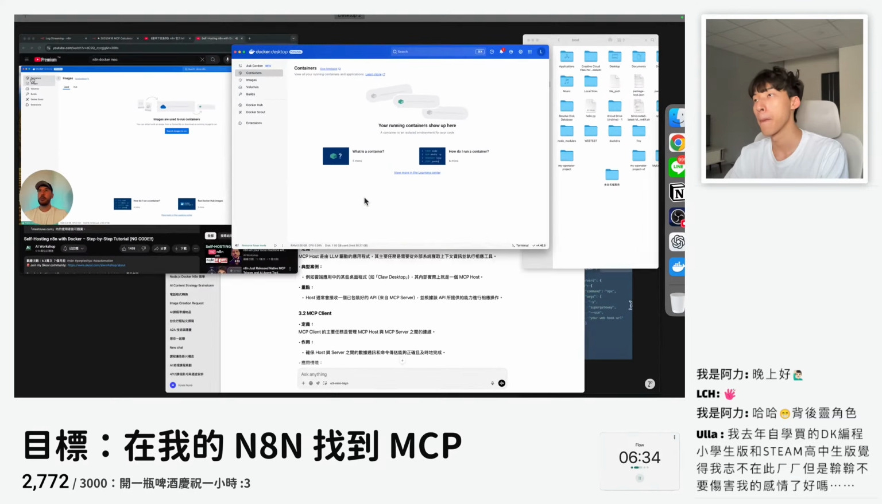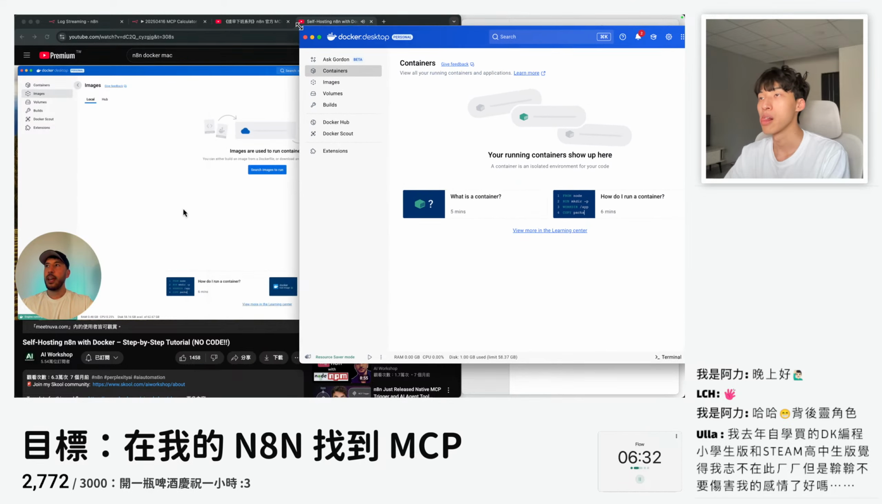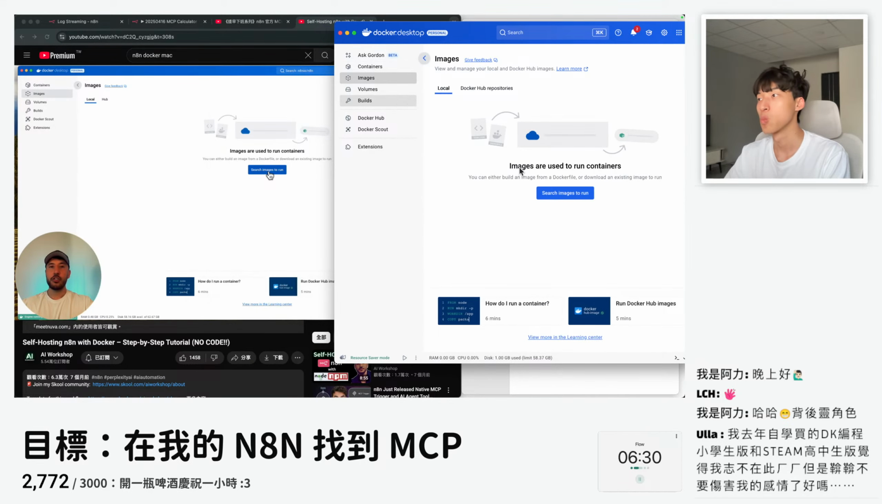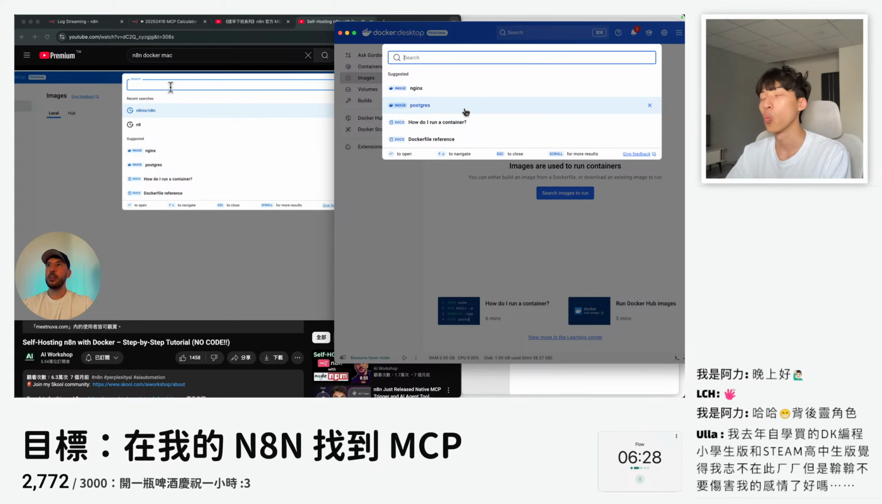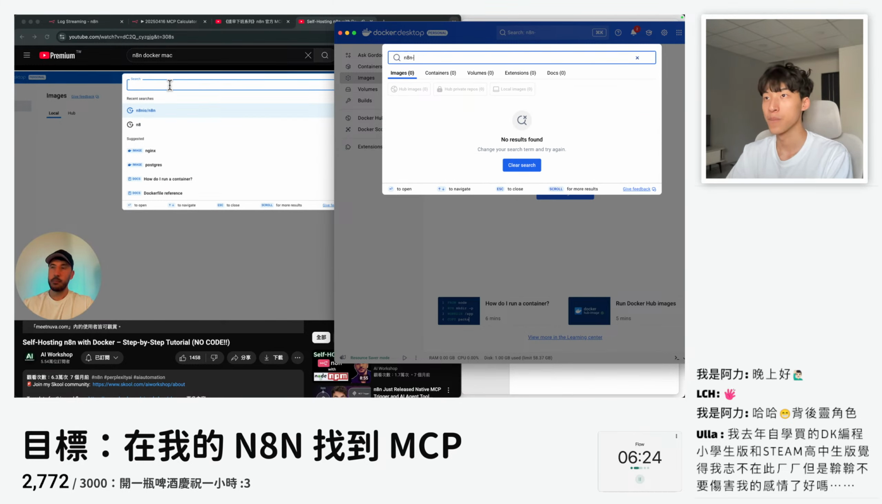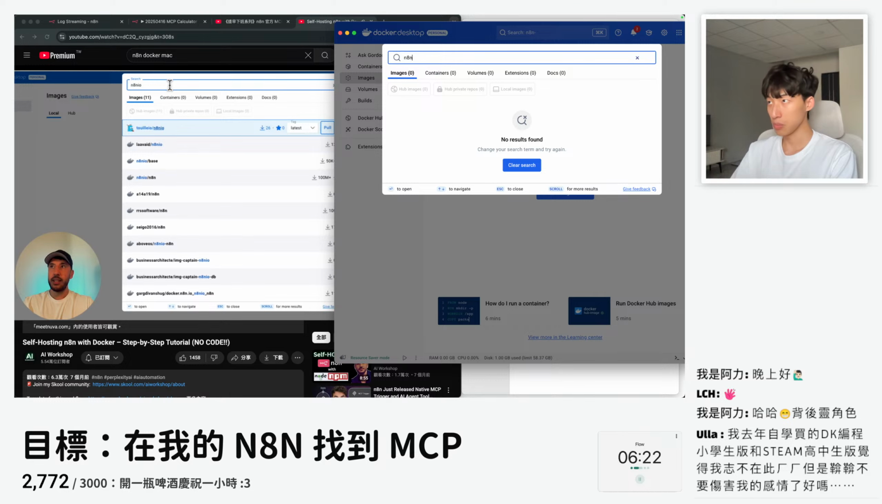So now I'm going to come to my images, and we're going to click on search images to run. Here, what we're going to do is search for n8nio/n8n. I've already done that, but let's go ahead and do it. We're going to type n8n